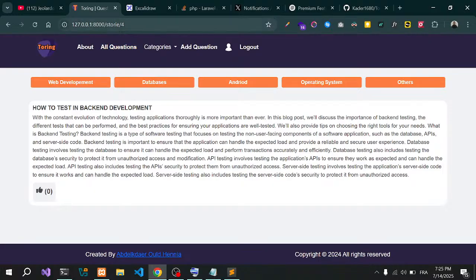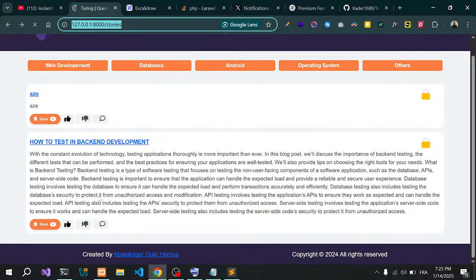So this will be a protected route, okay? And here we want to remove this content and let just